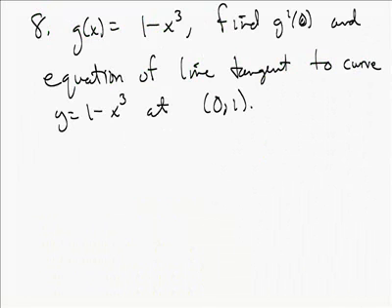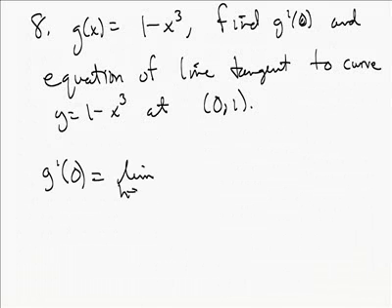Next problem we want to take a look at is number 8. We have a function g of x is equal to 1 minus x cubed. We want to find g prime of 0 and the equation of the line tangent to the curve y equals 1 minus x cubed at the point 0, comma 1. So the first thing we need to do is find g prime of 0. Now remember our definition, it's just the slope of the line tangent, so we're going to take the limit as h approaches 0 of g of a, which is 0 plus h, minus g of 0